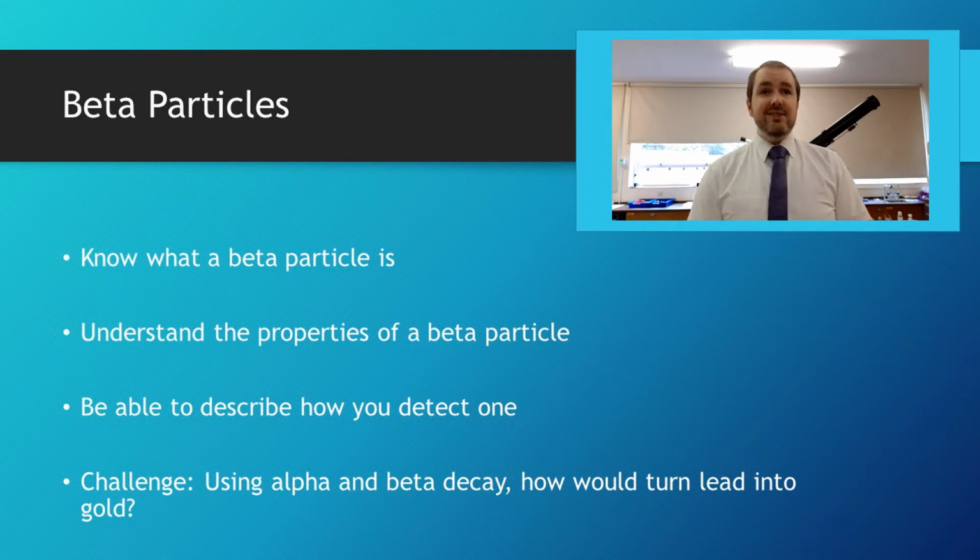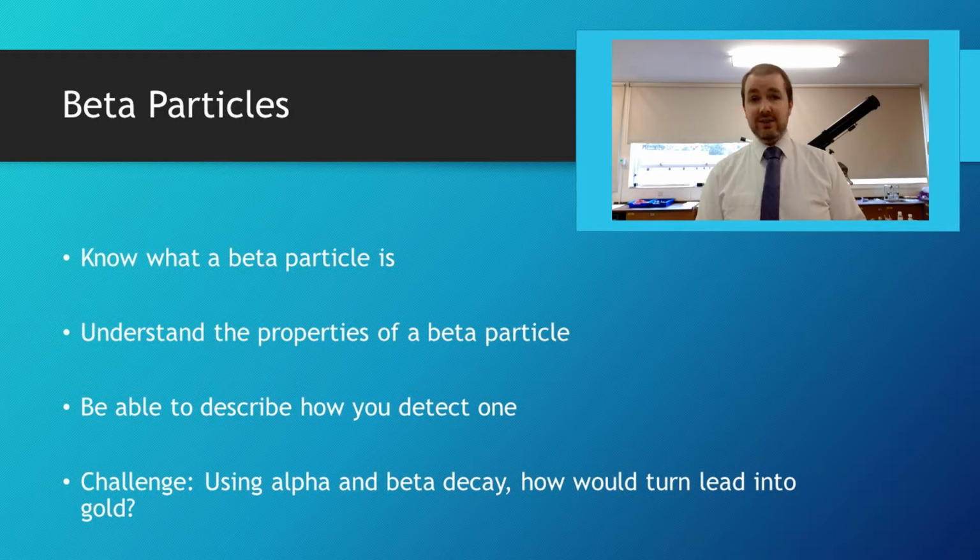Hello chaps and chapettes, and now we're going to be continuing looking at ionizing radiation with the beta particle. And by the end of this video you should know what one is and understand the properties of a beta particle. You should also be able to describe how you detect one, similar to how we did with the alpha